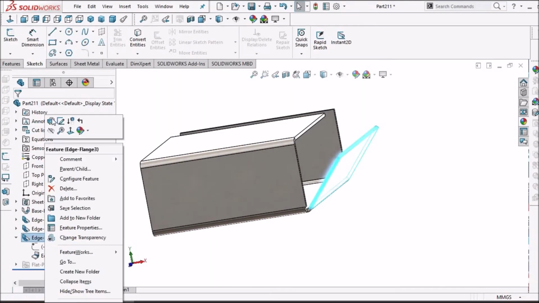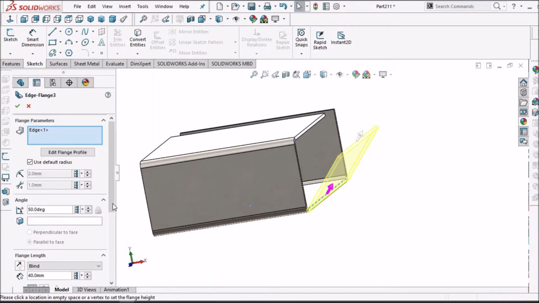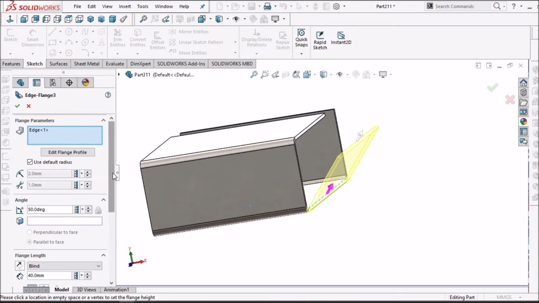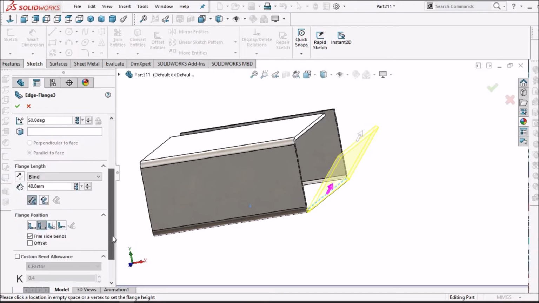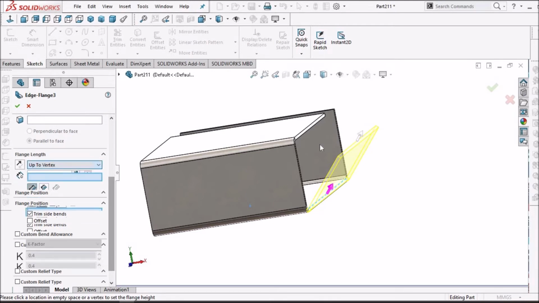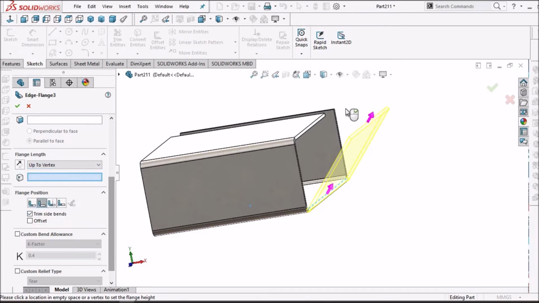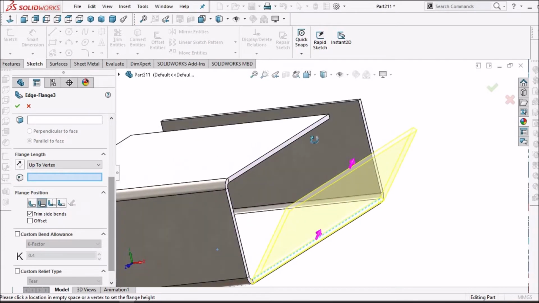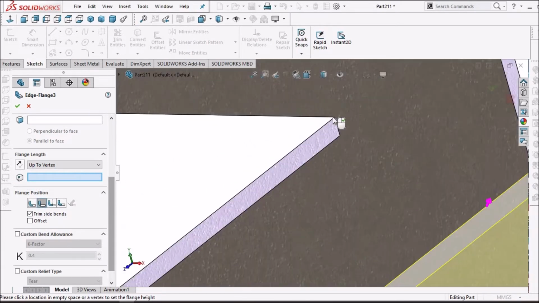So here I have to go to flange length and select up to vertex. So I can select one point.